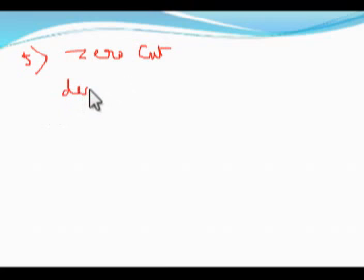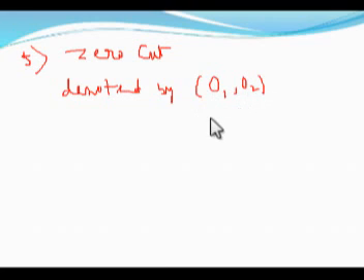Now we define a new one, the zero cut. How do we define the zero cut? The zero cut is denoted in this way: 0_1, 0_2. So here 0_1 is the set of all